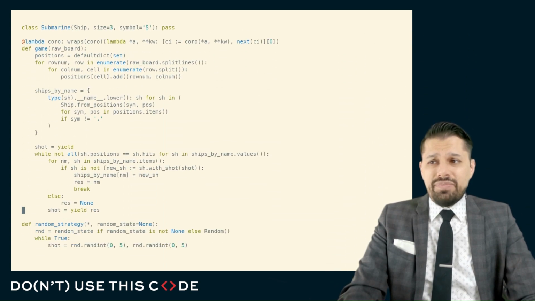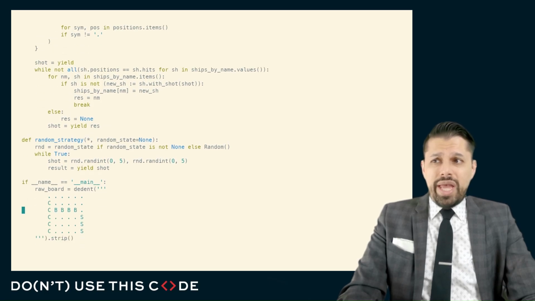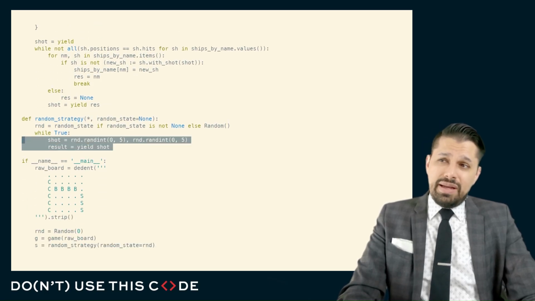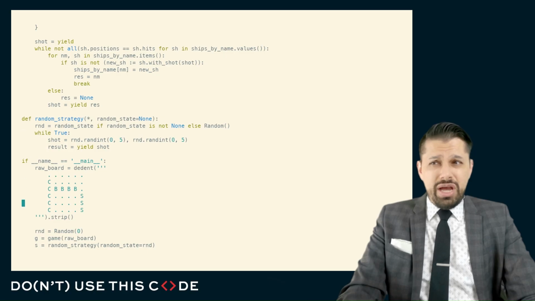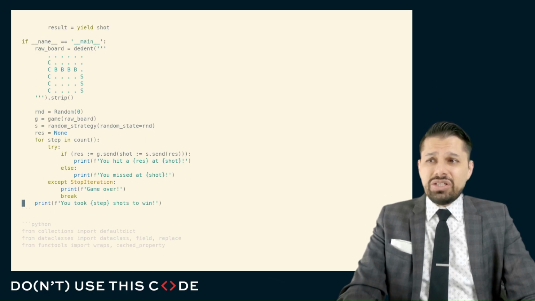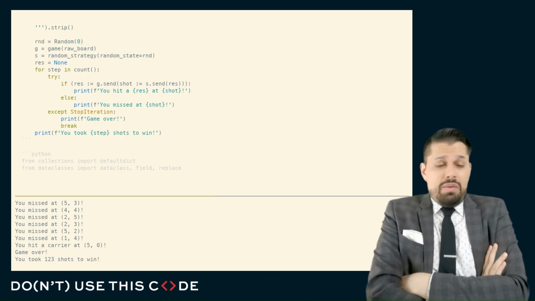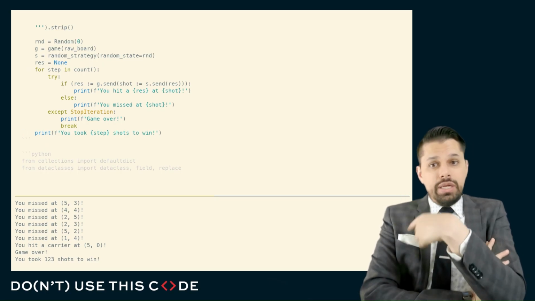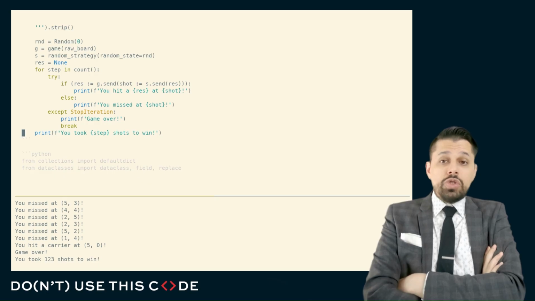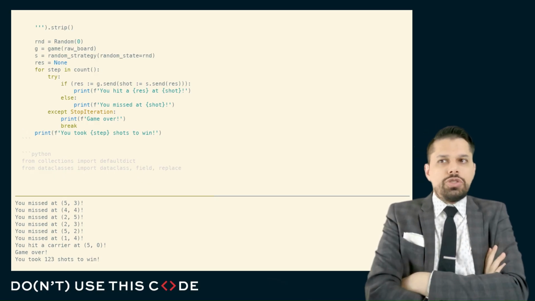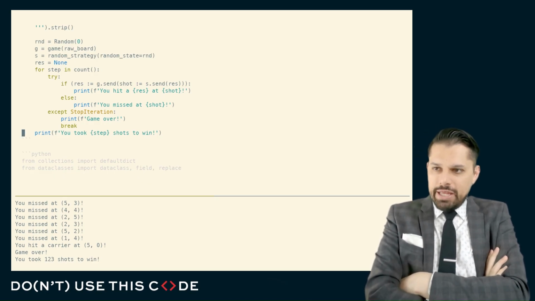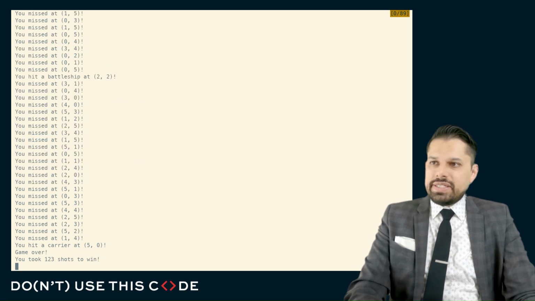One consequence of the way in which I've written this code is I could extract this random strategy out very nicely, and I could take a look and see how well this random strategy actually does by counting the number of times that we interact with the game generator coroutine, how many times we send a shot into it. And if we look at the naive strategy here,